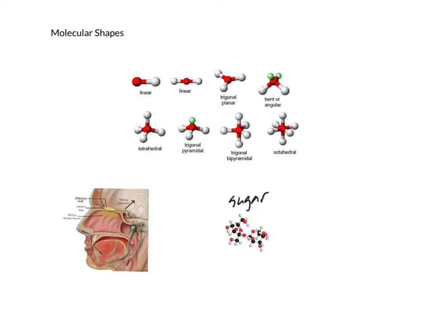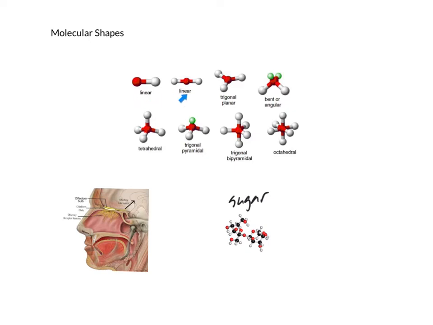If you think of some other common smells that you enjoy, maybe lavender, roses, pizza. Pizza is actually a combination of several different odors. You've got the crust, you've got the cheese, you've got the toppings that each hit different neurons inside your nose and send some signals to your brain and make your brain say, ooh, that's pizza. But this sugar molecule is really big, and so to start understanding molecular shape from the basic level,